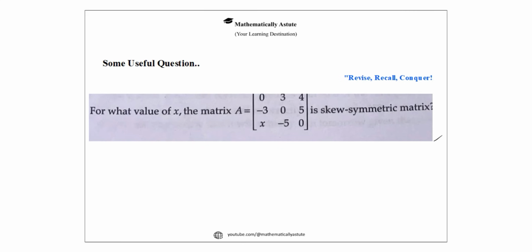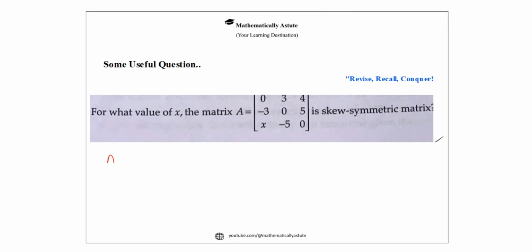In this question we are having a matrix, and we need to find the value of x, as this would become a skew matrix, or it is already a skew matrix. To do so, we will recall the formula of skew matrix. It states the transpose of the matrix will equal minus times the matrix. So finding transpose of this, at first